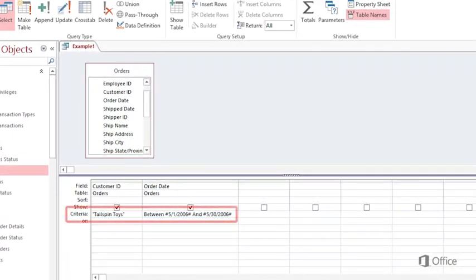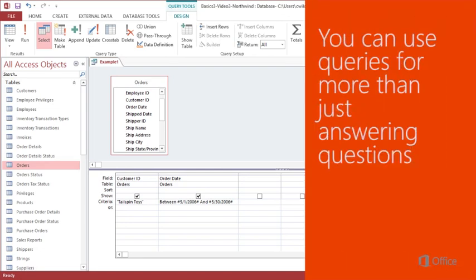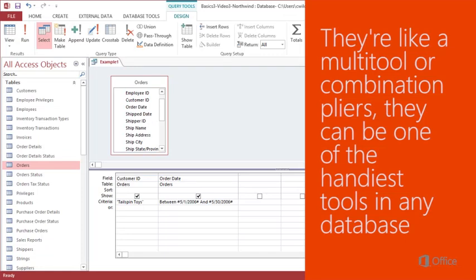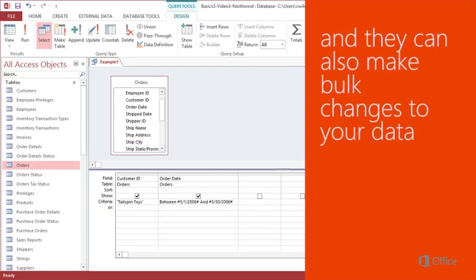In this example, the criteria filter the results to Tailspin Toys for the month of May, but criteria can do a lot more than that, and we'll look at them in the next video. And you can use queries for more than just answering questions. They're like a multi-tool or combination pliers. They can be one of the handiest tools in any database. For example, they can provide the data for forms and reports,